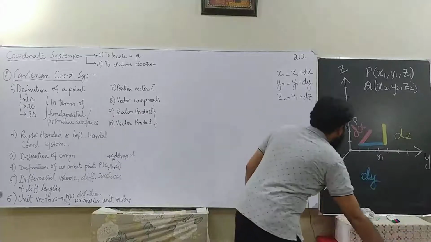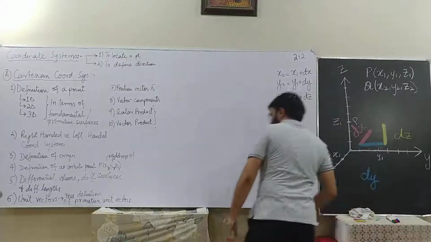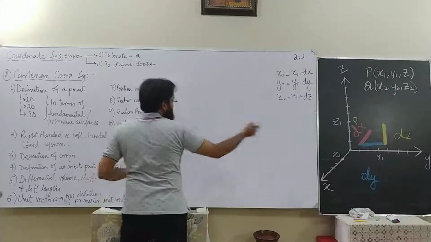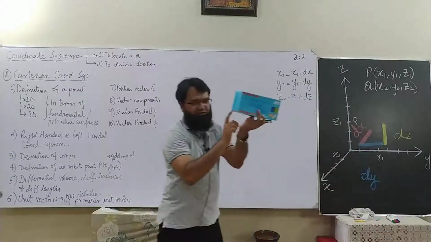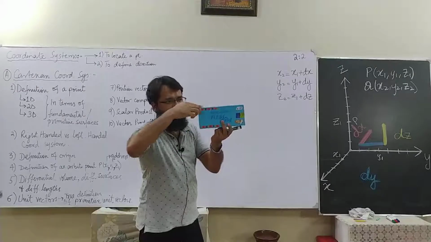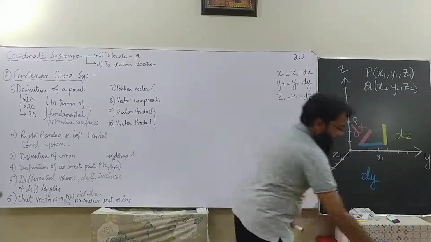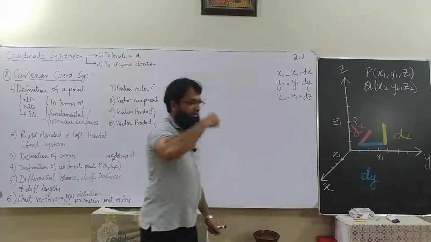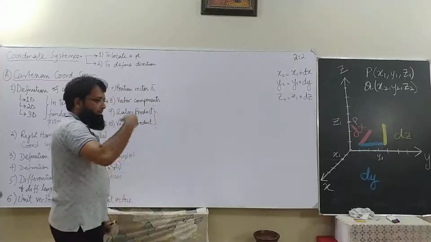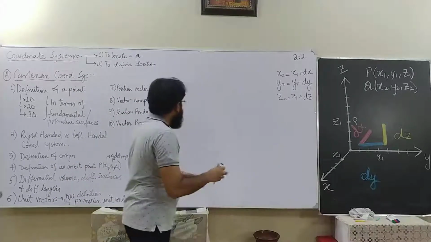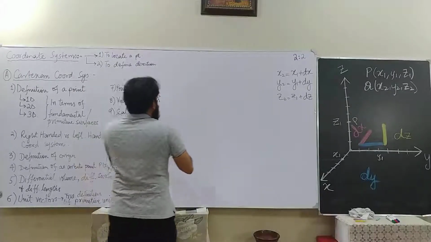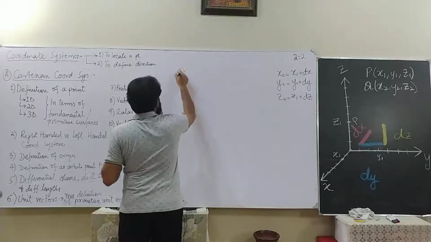Okay, so I can say that the differential volume, because the sides are very small, this side is extremely small, this side is extremely small, something which is extremely small multiplied by another thing which is also extremely small multiplied by another thing which is also extremely small forms some volume which